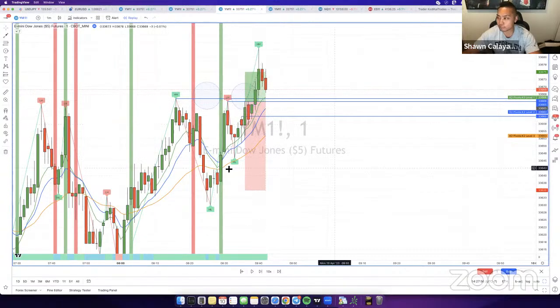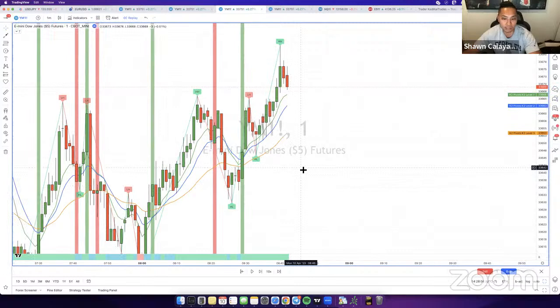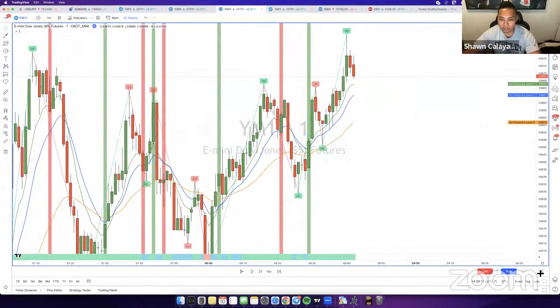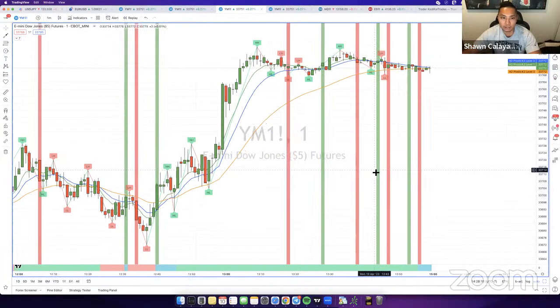So there goes one example right there. Super simple. It doesn't always work out though, so you just want to keep that in mind. It doesn't always work out. It's a very risky way to trade. The only way I would trade this is if there's a very strong confluence of a bullish bias. So let me see if there's any other possible liquidity examples that I can show you here.